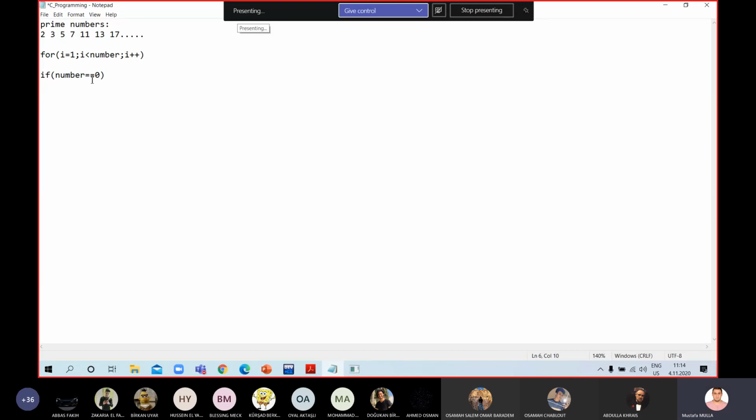Then if number modulo i is equal to 0, so we will start from 1. If the number is 17, let's say the user entered 17, we will start from 1 up to 17. So 1, 2, 3, and so on up to 16. We check the modulo. If the modulo is 0 for all of them, and if the modulo is, let's say,